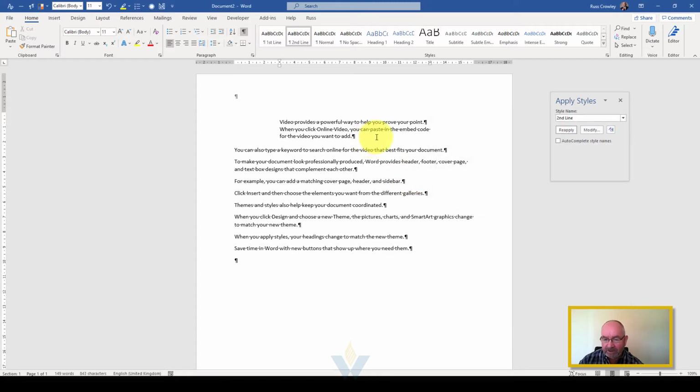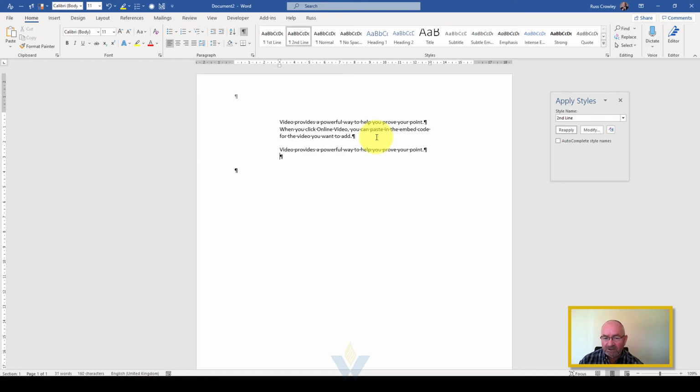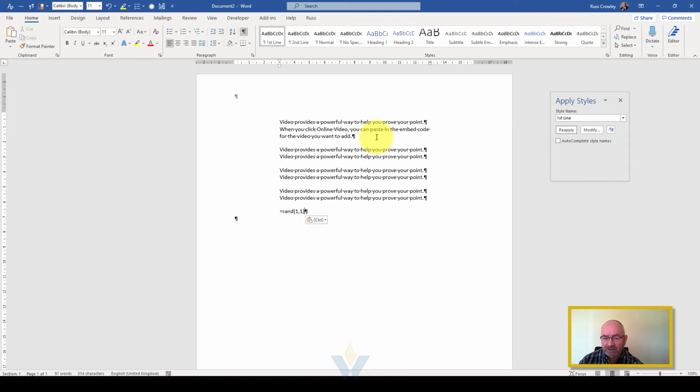So now when I finish writing my second line, I'm now going to get my first line. Let me just copy that so we can see how this works. I'll get rid of those. So now I've got first line, and then I've got second line, then first line, then second line, then first line, then second line. Okay? And now of course you can close this gap if you